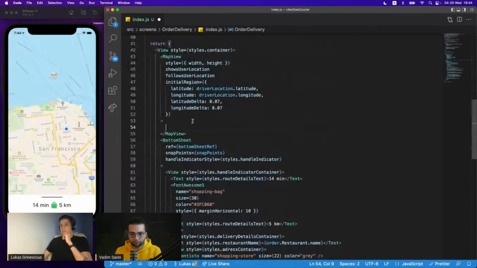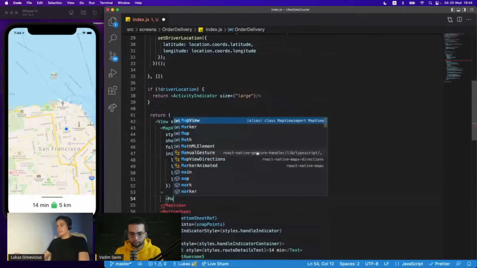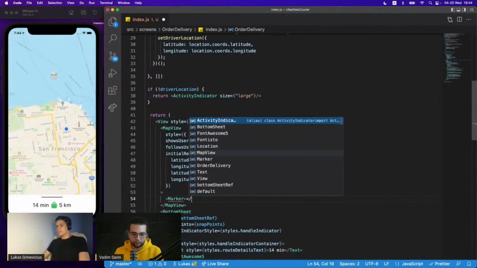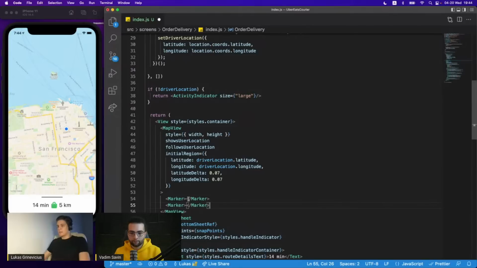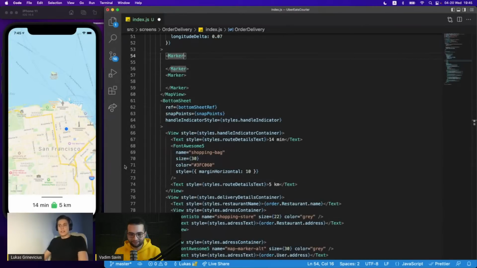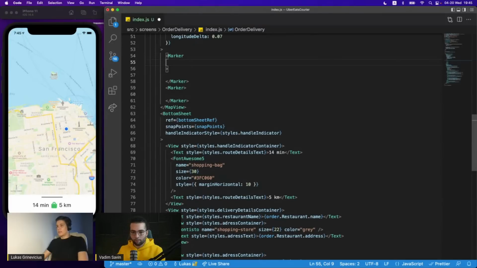We will first get those orders. So let's simply create a marker. Did I import a marker? Yes. We need to create one marker for the restaurant and one for the user. Yes, exactly. So let's do it like this, and each marker will first of all take coordinates,